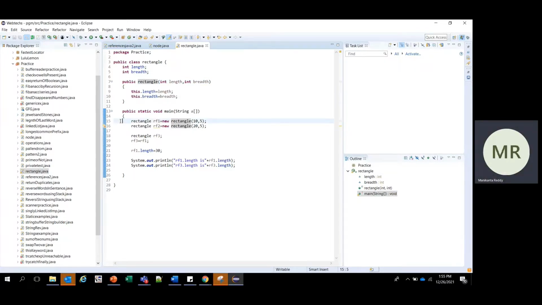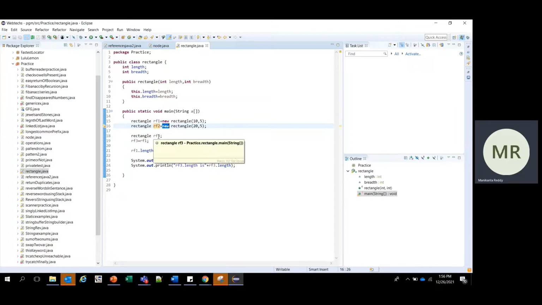In the main method, we create an object rf1 passing length and breadth as 10 and 5, and we also create another object, rf2, with different parameters, 20 and 5. Since we use the new keyword for both objects, separate memory locations are created, and the two objects point to two different memory locations.